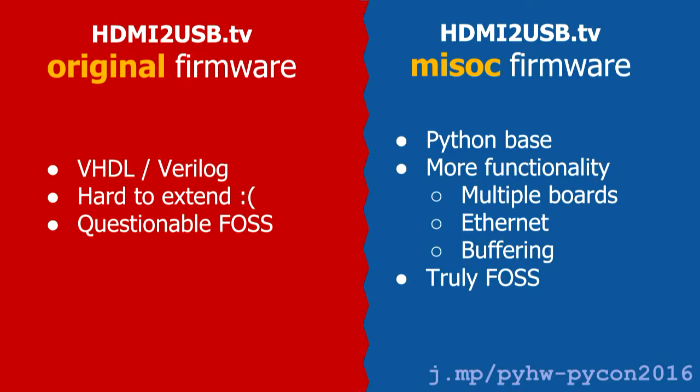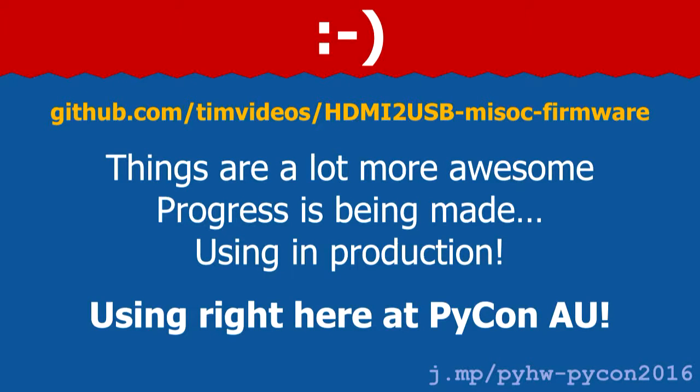The other great thing about it is everything they did is released under a BSD/MIT license. So, it's under a clear license. It's not under this kind of license. So yeah, it's been really awesome. There's a lot more awesome that we could do. We're slowly making progress, and